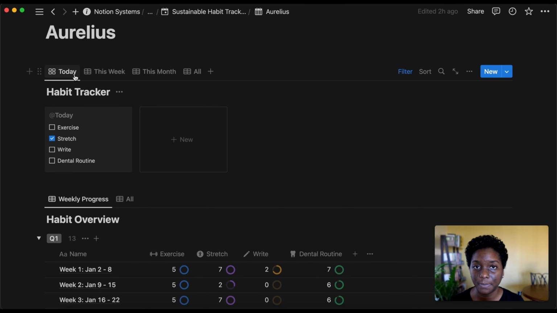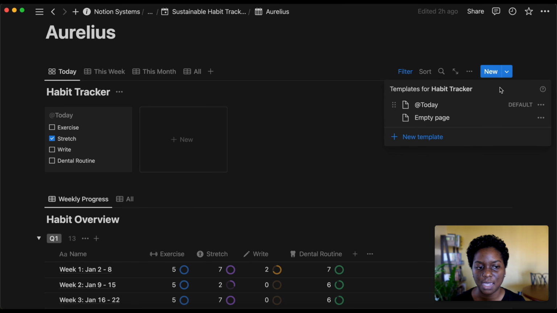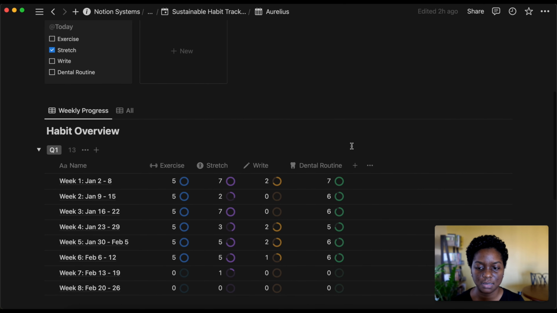The main drawback with this template is that it does require some manual changing of databases, changing of the filter for this database. So let me show you what I mean. As opposed to Seneca, where you had automatically generated entries, there is no recurring database template. And that is because